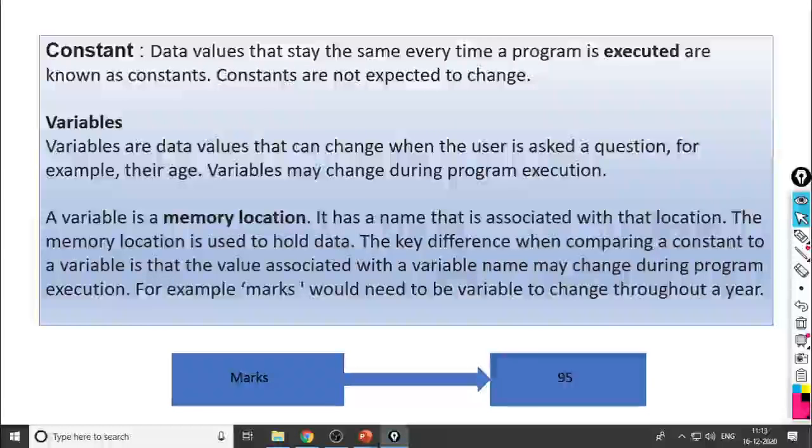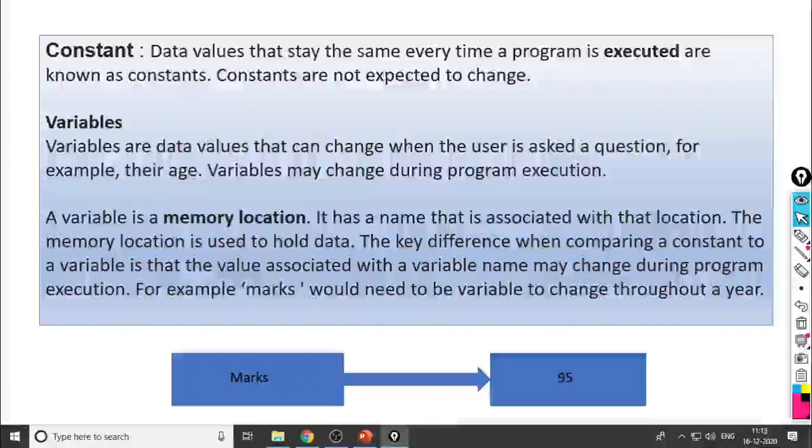So these values will be changed during the execution of the program. As per the user's input, the program will be executed. Those data values are called variables. So how to define variables?